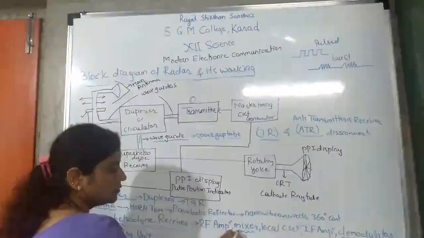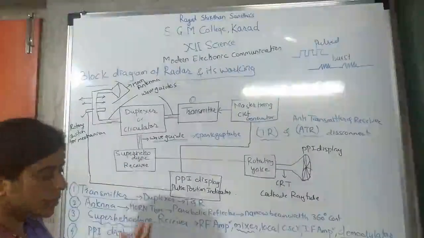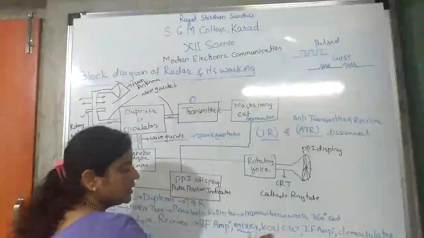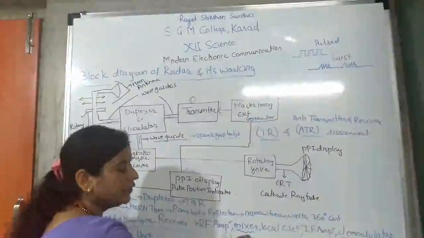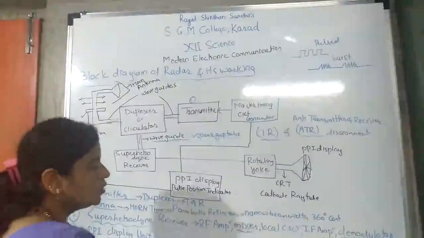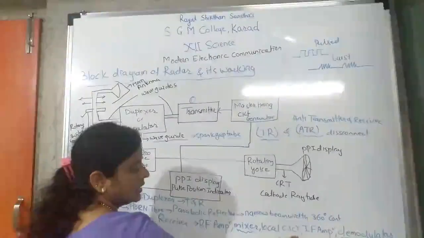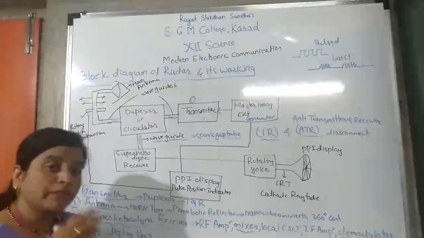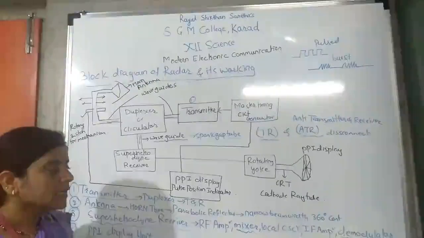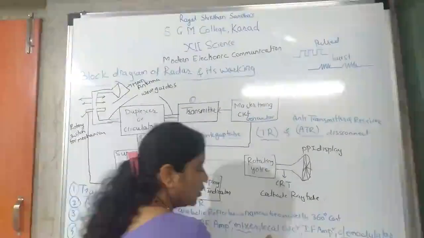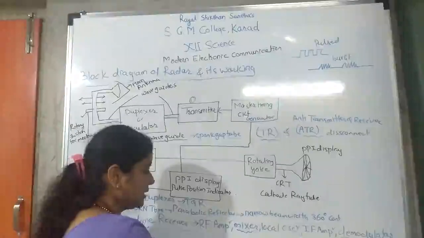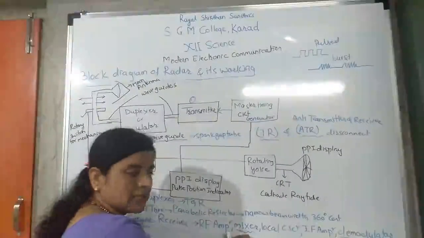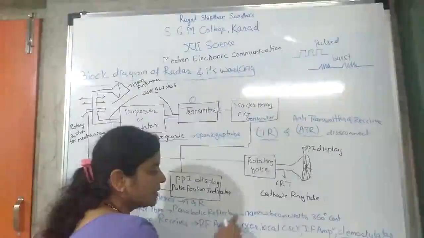This mixer is called a mixer because it mixes two signals, the signal coming from the RF amplifier and the one from the local oscillator. These two signals are combined here. Therefore, it is called mixer. The local oscillator has a gang capacitor circuit. Gang means a number of capacitors are connected in that circuit, which occurs in the local oscillator, and that local oscillator circuit and radio frequency amplifier circuit are connected here in the mixer. So therefore it is called mixer circuit.